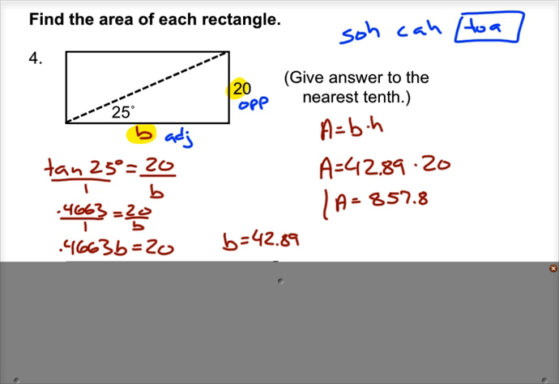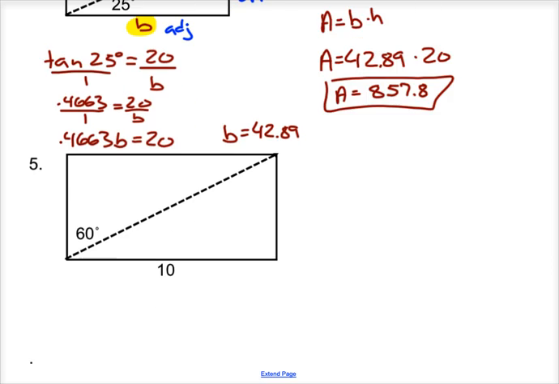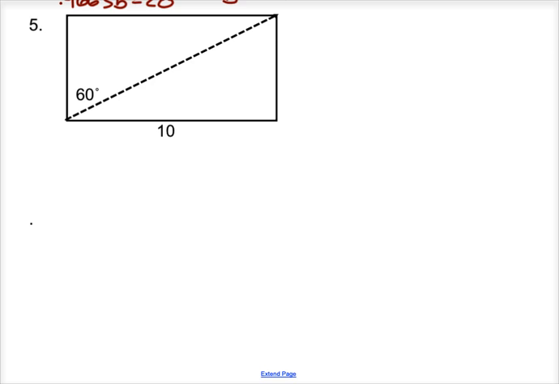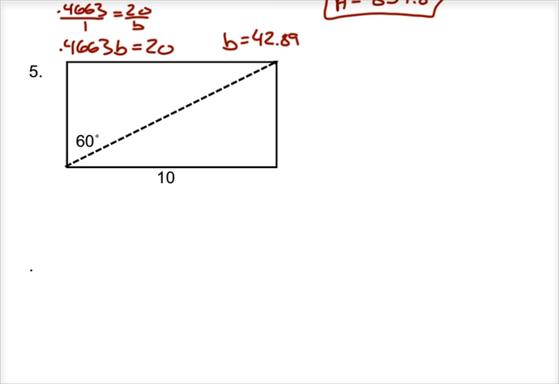And there weren't any units in the problem, so I don't have to worry about units in the answer. All right, next problem looks fairly similar. Notice it doesn't tell me to round anything, and the big reason it's not telling me to round anything is